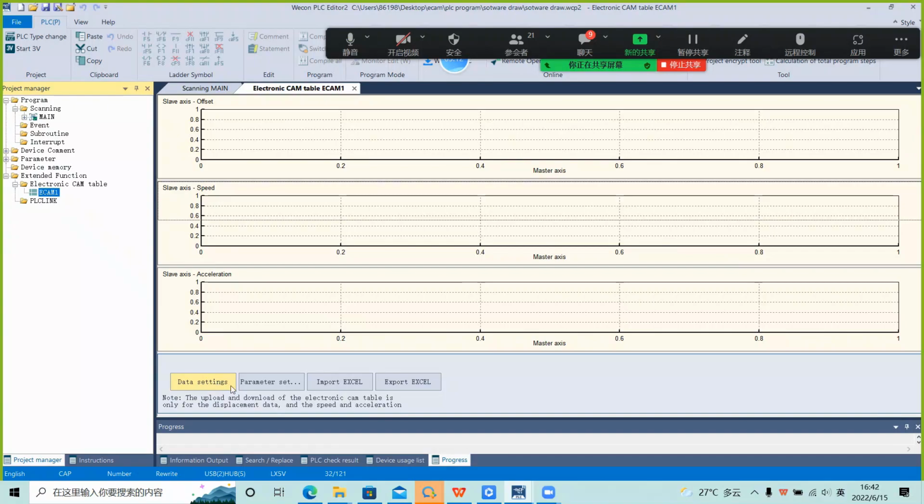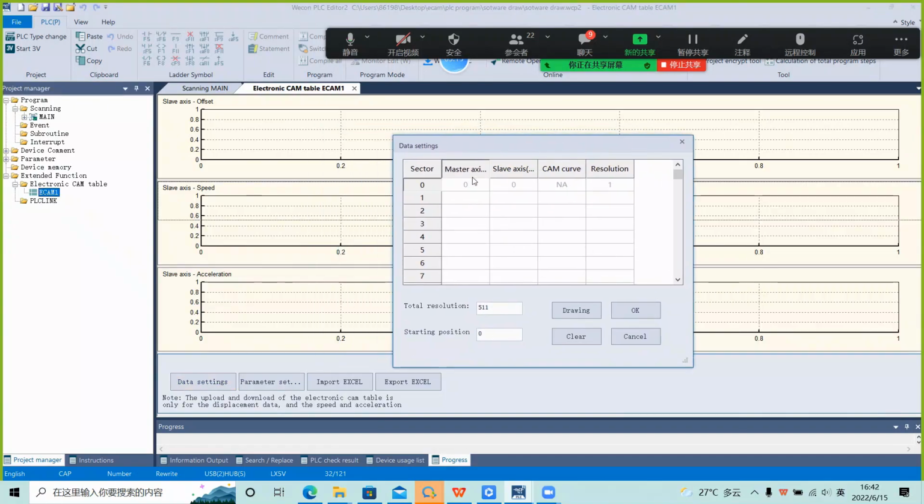Here in data settings, we have these parameters. The first line, we don't need to change it. We start setting at the first line. Here we first set the master axis. The unit is pulse. For example, here I set 1000, and then here the self-axis pulse. If I set 500,